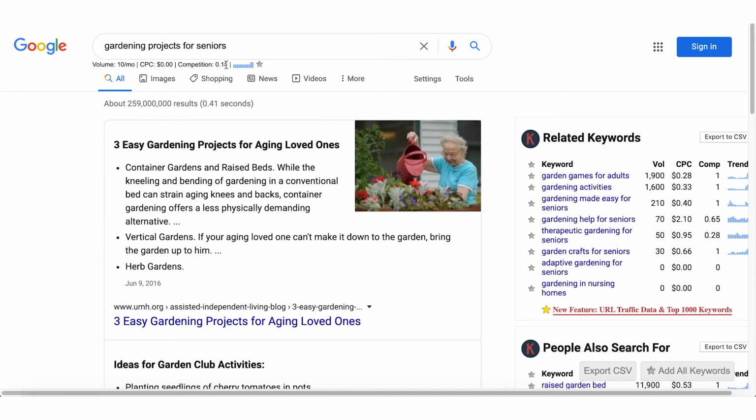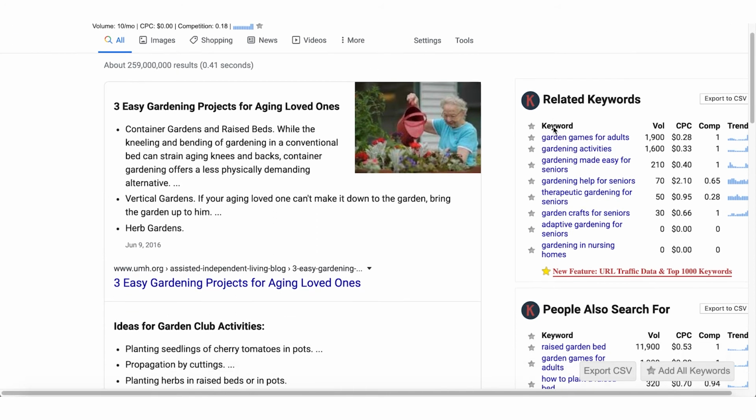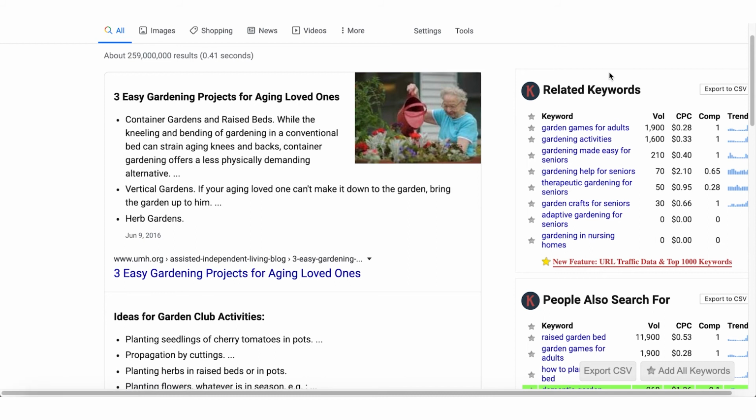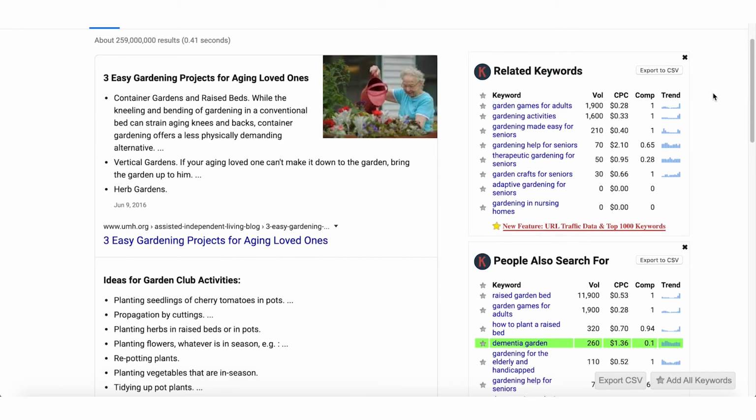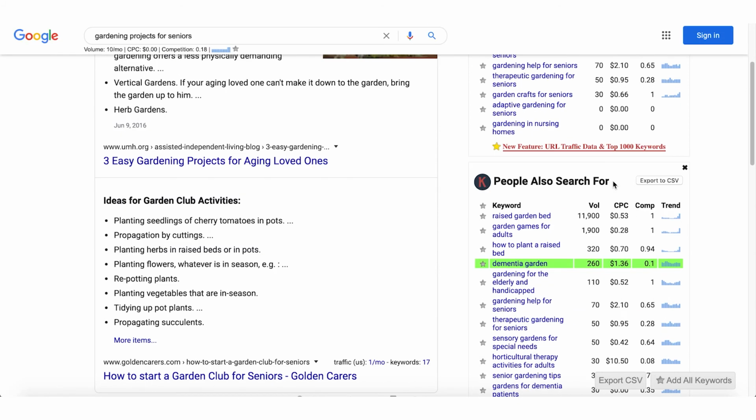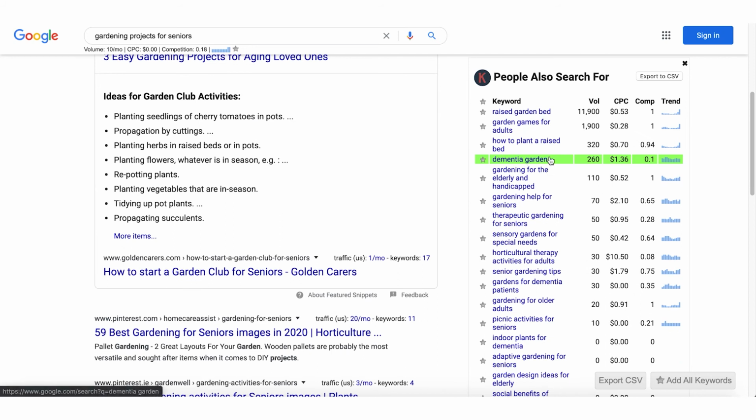The competition is super low though, it's 0.18. And then on the right-hand side here, you can see some related keywords that are often tied to this phrase. So here I can quickly start to see some other long tails that are potentially better candidates. I already have a setting in my Keywords Everywhere that pretty much gives me the criteria I like to look for. So as you can see here, it's highlighting it for me that dementia garden is potentially a better long tail to go after. But this is a really good way for me to, again, look at things at an